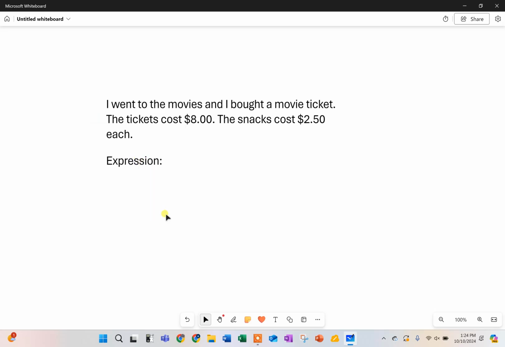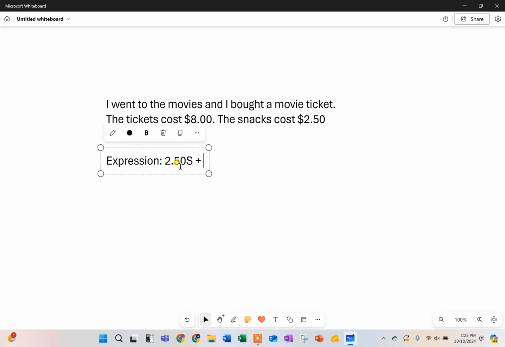I'm going to talk about expressions and equations and all the parts of expressions and equations that you need to know. So I went to the movies and I bought a movie ticket. The tickets cost $8 and the snacks cost $2.50 each. So I'm going to write an expression, and the expression is going to look like this: